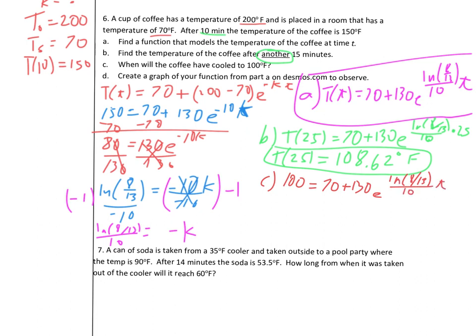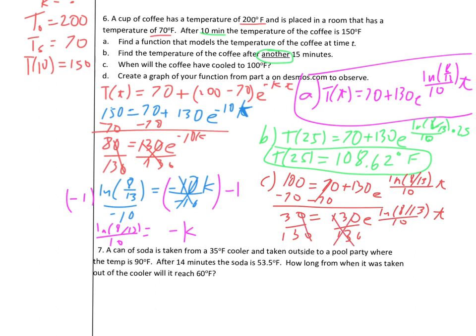All right, so like we did when we were solving for K, we're not allowed to add the 70 and the 130 together. So instead we're going to subtract the 70 over here. So 30 equals, and I'm going to divide by 130. I'll cancel those out, the zeros there. So now I've isolated the base here, and I'm ready to switch it into log form. We have a log of base e, so I can switch it into an ln, and then the 3 over 13 is going to go inside of the ln, and then that's going to be equal to whatever was in